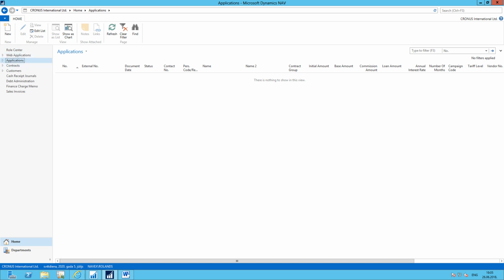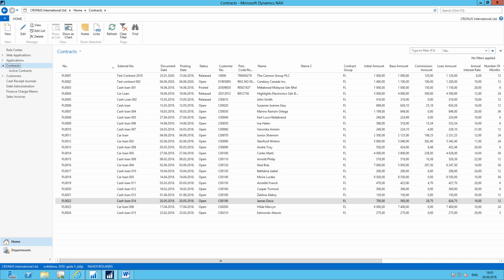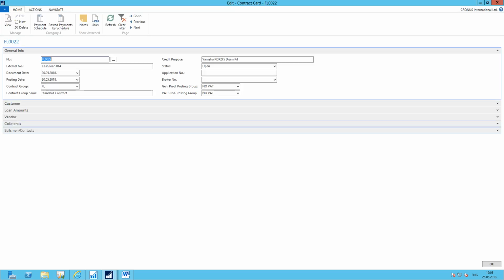It can be done by a broker or agent who generates a web application, or it can be done also in the office of the company where the customer comes in and asks for the financing, and later after all the approvals are done, the application is converted to a